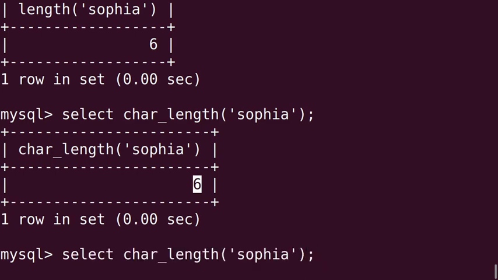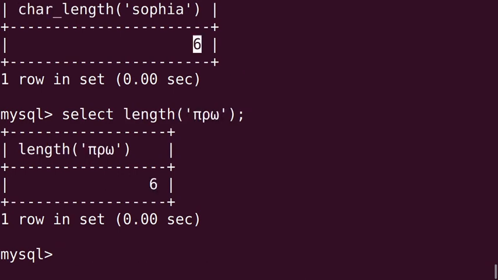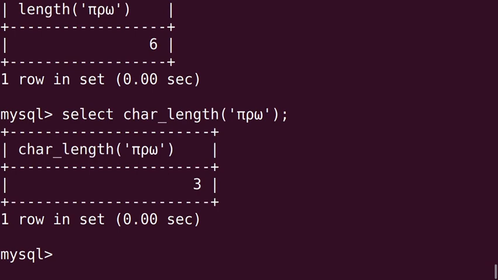Suppose we are trying this with the string pi, rho and omega. These all are 2 bytes characters. See, here we are getting the output 6. Here if we try char length, see the output.